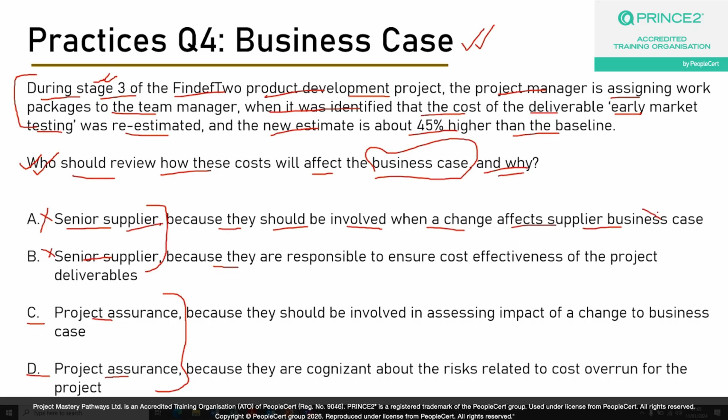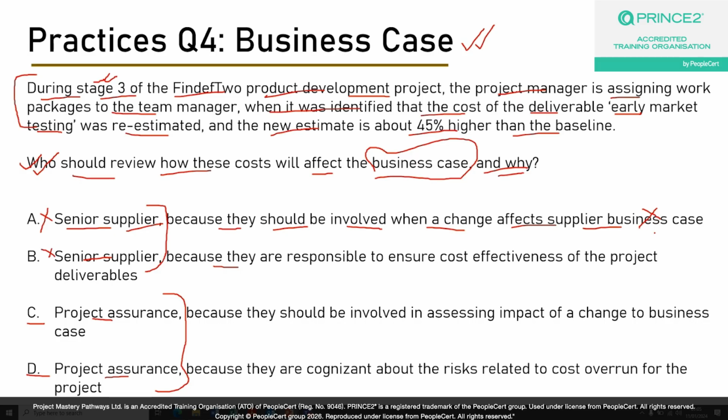Okay, now this is too far-fetched, right? Because this change will definitely affect your project, which is the project in question, the FindF project. Now whether that effect will percolate to the supplier business case or not is a second level of analysis. Okay, now we really don't know whether this 45% higher cost estimate will translate to some cost overrun at the supplier side. Okay, so that is an assumption we can make at this point, but this assumption might have a